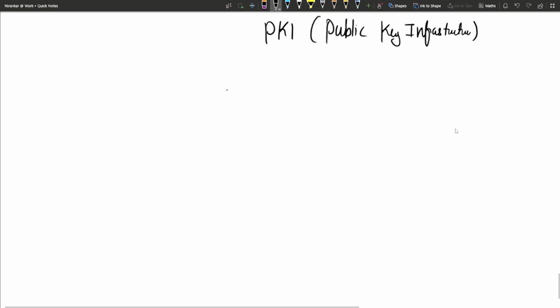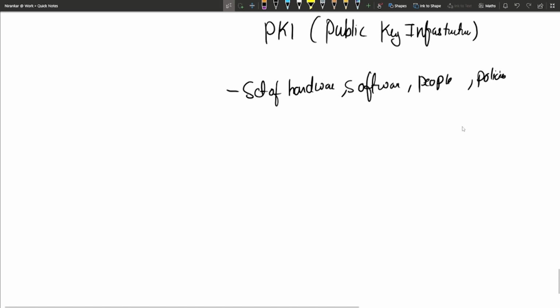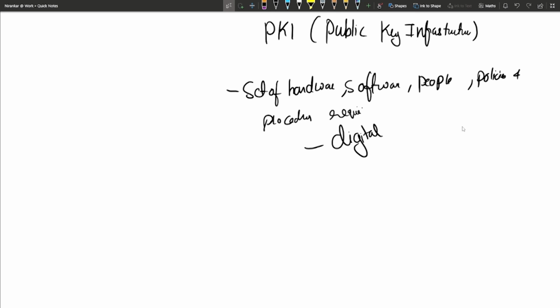So the PKI is a set of hardware, software, people, policies, and procedures required to create, manage, distribute, use, store, and revoke digital certificates. So the components of PKI is